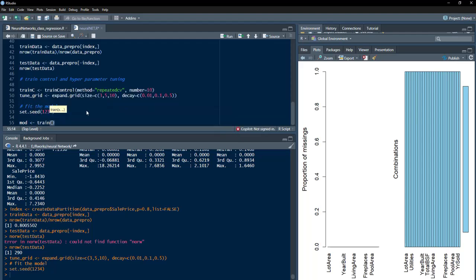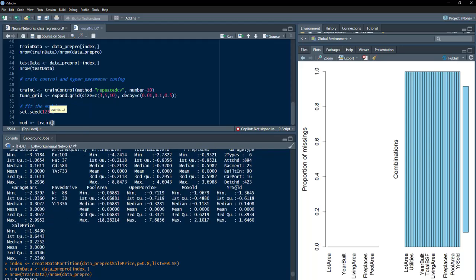First it will require the formula, and that formula will be sale price determined by, I'm copying to avoid spelling mistakes, the tilde symbol, and the dot shortcut for all the variables which are there, and method is equal to, in brackets, nnet, and tune control, train control,